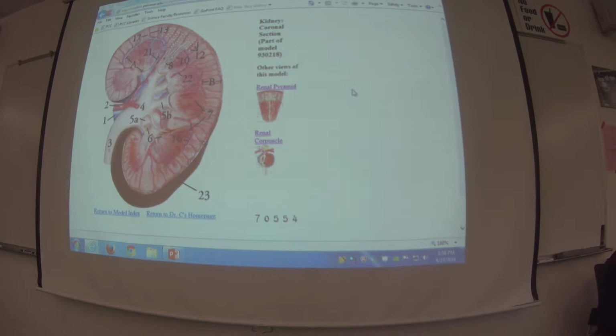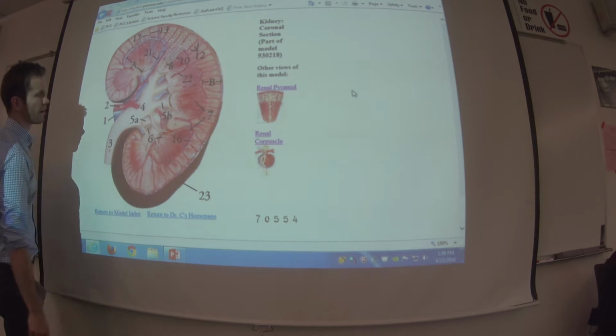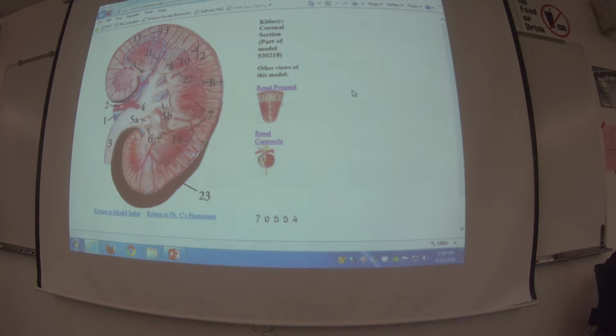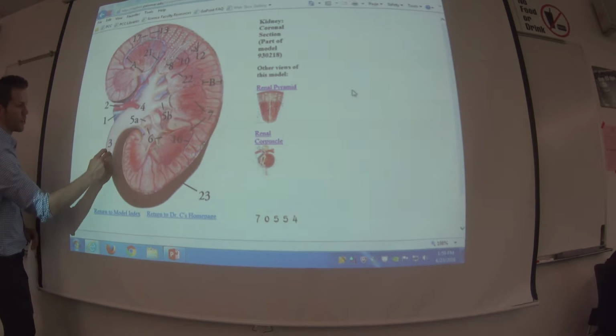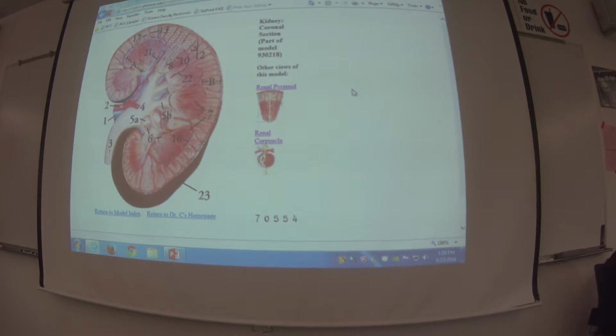number 4. Yeah, Greg, did you say a minor would be 5B? 5B would be a minor right there. So those minor to major to pelvis, the renal pelvis drains into the ureter. And then from that point on, ureter goes to the bladder, then bladder goes to the urethra, and then you're